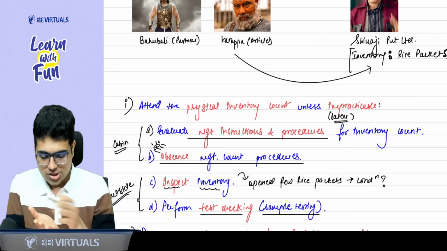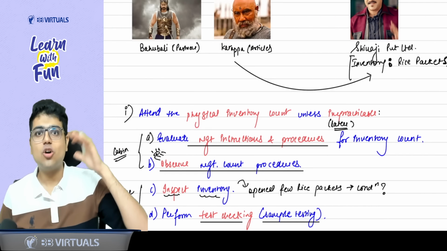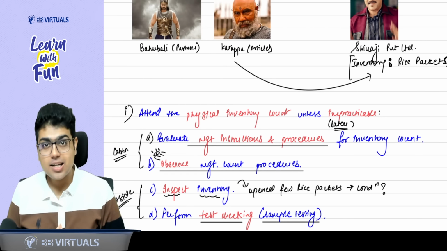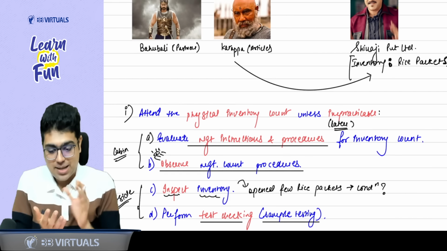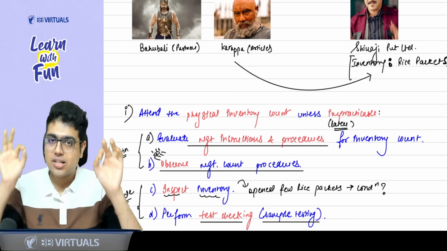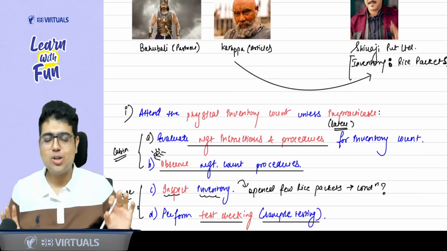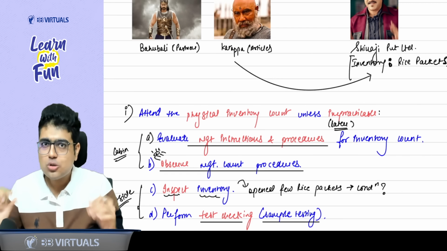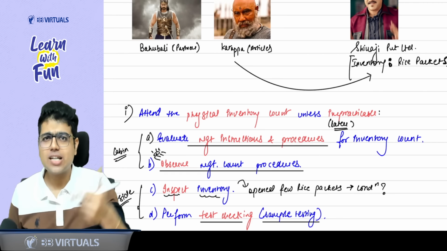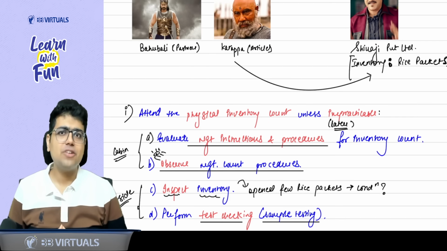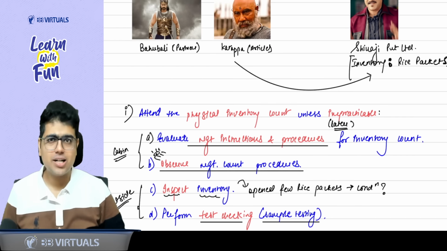Now, sir, when the article was in the cabin, he got a call from the partner. Partner asked him, article, what are you doing? So he said that I'm reading the instructions, I'm observing the procedure. Then the partner scolded him. Partner was like, stop being so lazy, go out. You should also test check some inventory. You should also check the inventory on a sample basis. You should also inspect the quality of inventory, whether the inventory is in proper condition or not.